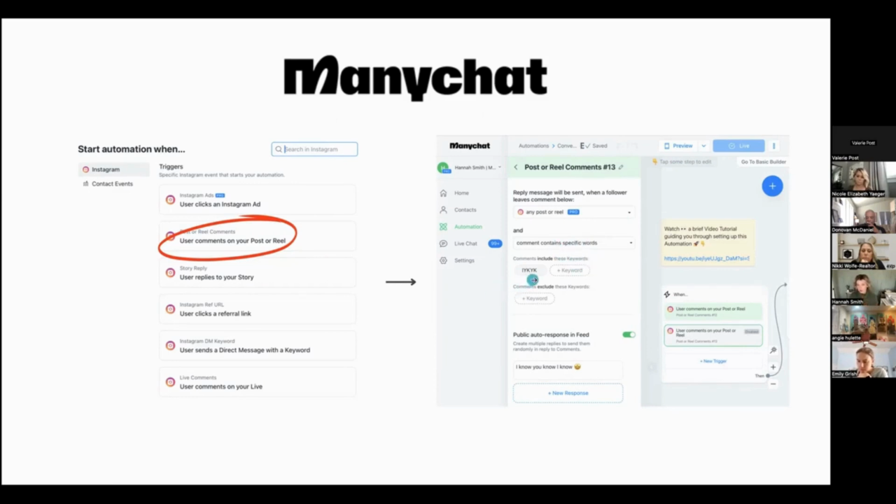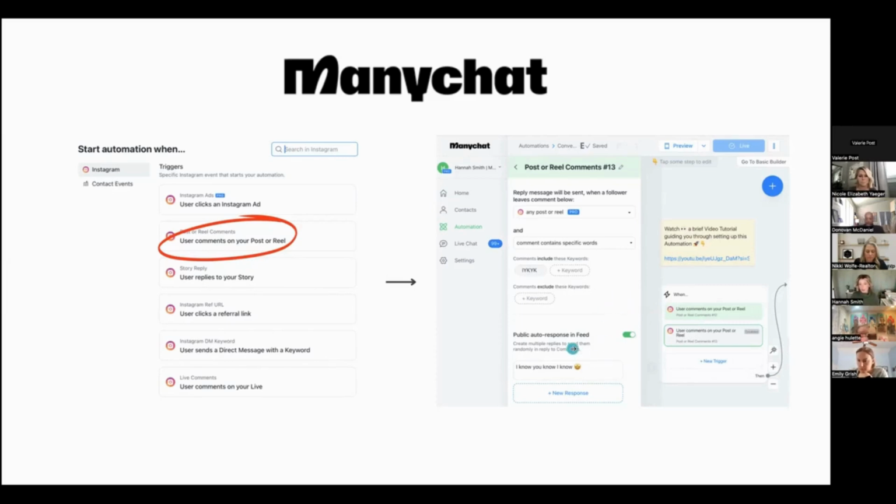Now, in this example, I did "if you know, you know." But you could do home value, worksheet, timing, right? Any word that I would say. I have had times where people comment and they had a typo, even though I literally write out the word for them, and then they're upset because they don't get it. And I'm like, hey, it helps my engagement because I comment back to them, it's fine, but it is kind of funny. So make it a basic word. I know that sounds dumb, but attention spans, make it a basic one word if you can. And that will trigger, if they comment that on the post you decided, this will happen next, right?